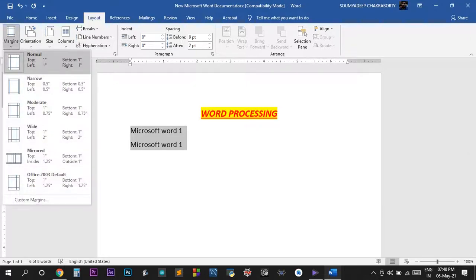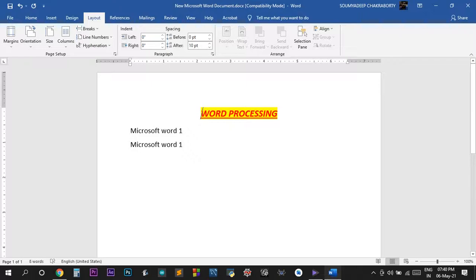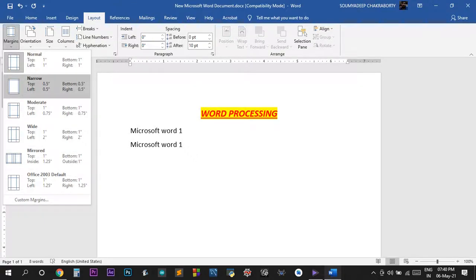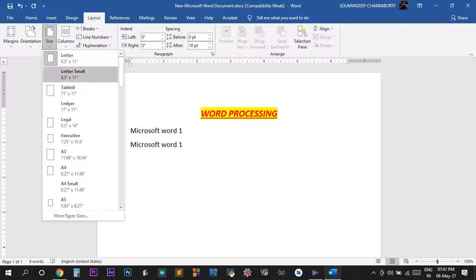Those are the margins of a page. If I change the page margin, I would need to make a new page for that. The orientation is portrait or landscape. See, it is now landscape orientation, and now portrait orientation. These are all things that you can customize. We will see all of them. These are the page orientations.